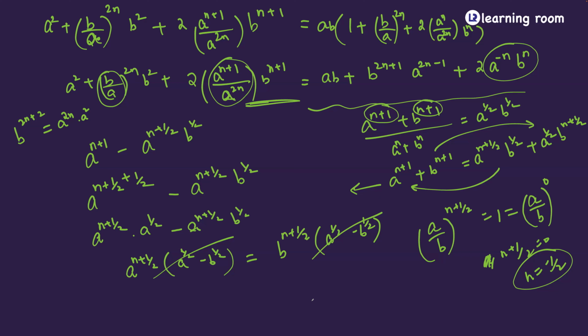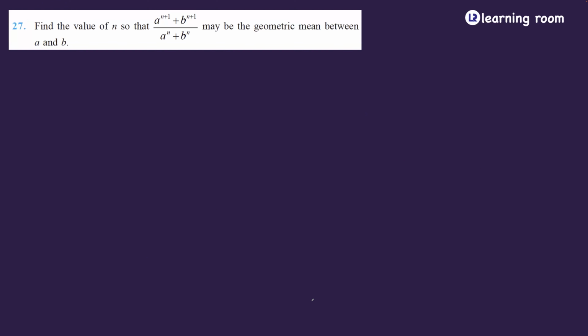Done? Listen. One minute. Let me explain it clearly. A power n plus 1 plus b power n plus 1 divided by a power n plus b power n, right? Find the value of n so that this expression will be the geometric mean between a and b. The geometric mean of a and b is the square root of ab, which is a power half into b power half. So a power n plus 1 plus b power n plus 1 is equal to a power n plus half